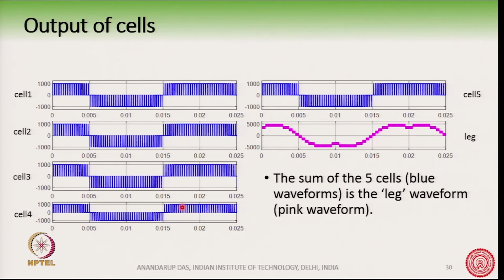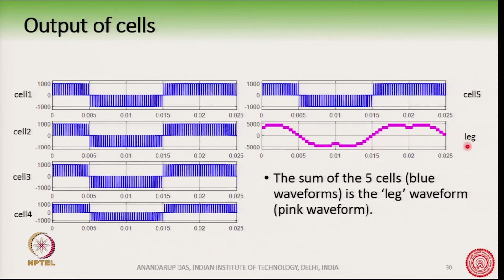In fact, you cannot distinguish them by seeing these waveforms. But what is the difference here? Because the carriers are slightly phase shifted, these 5 waveforms are very slightly phase shifted from each other, that 36 degree which we had earlier discussed. So, when we add them together, which is what happens in the cascaded H-bridge, we get to this waveform here,